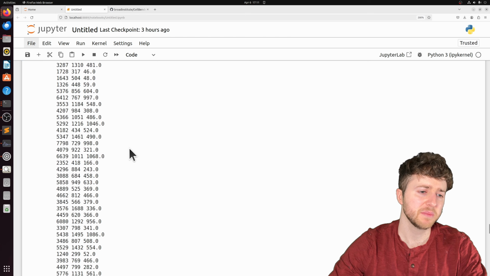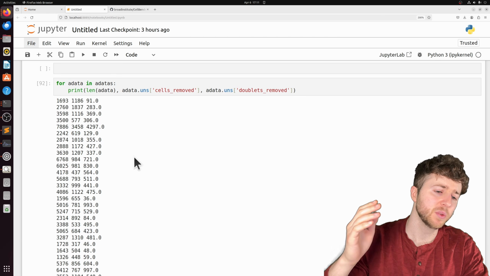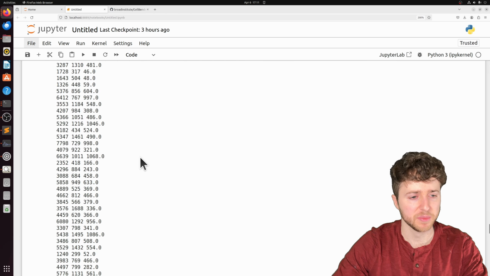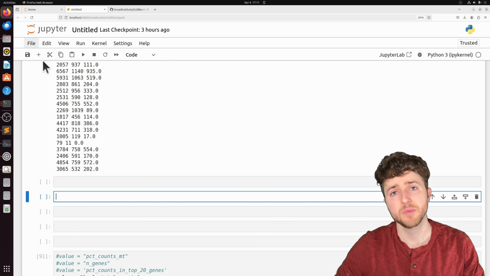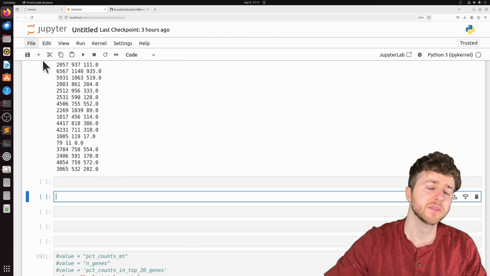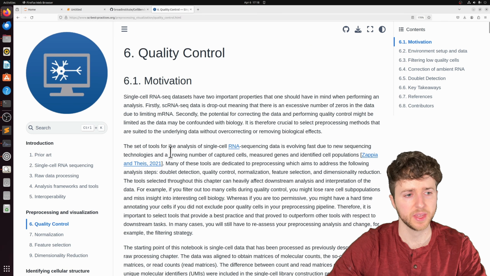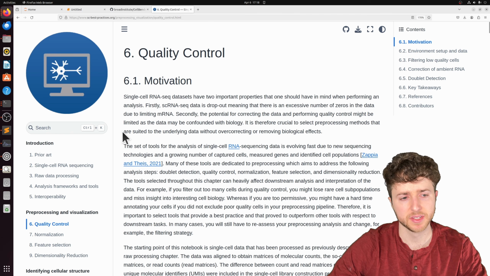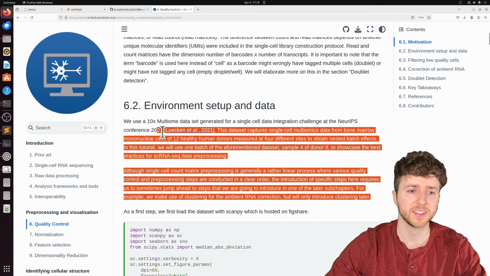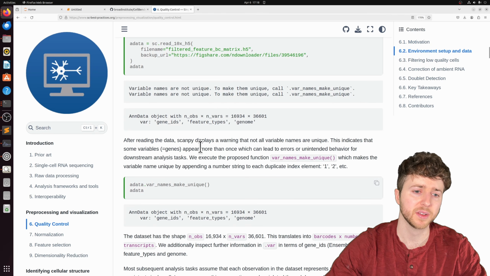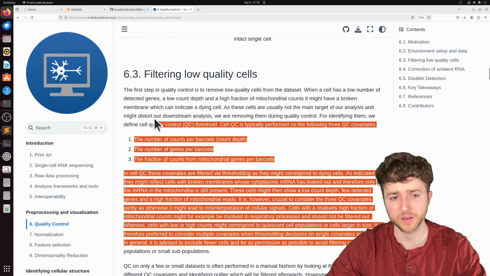If you do see really big outliers here, it is good to start from the beginning and see why that is. I'm not going to go through more than just this, for time's sake. You want to make sure the pre-processing is right because it'll affect everything downstream. And I do want to point out that Single Cell Best Practices by the Theis Lab is a great resource. They have a lot of good information and go into depth about why we're doing some of these steps. Some of these things I can't really fit in one video.